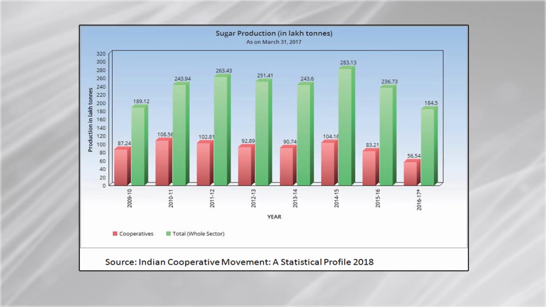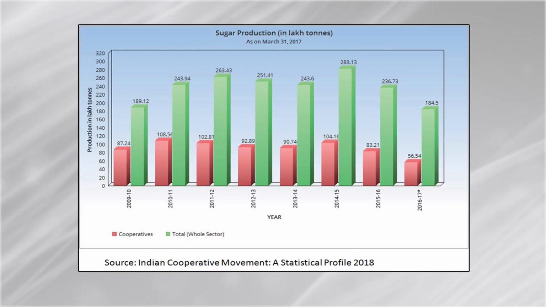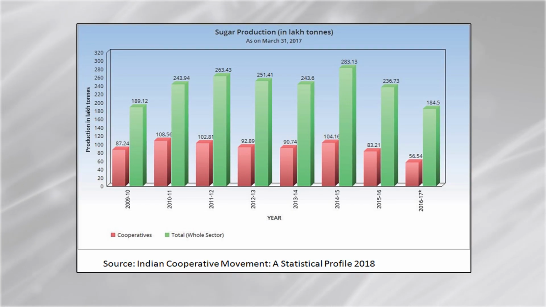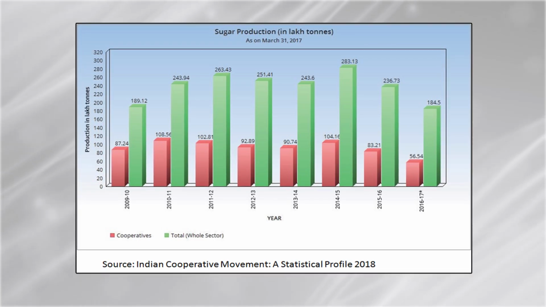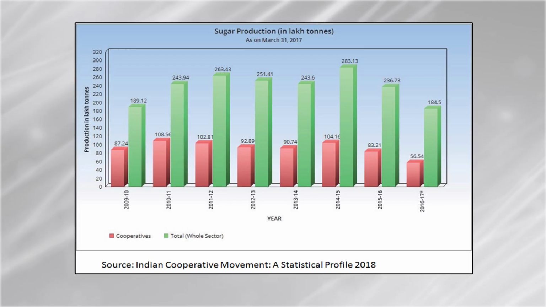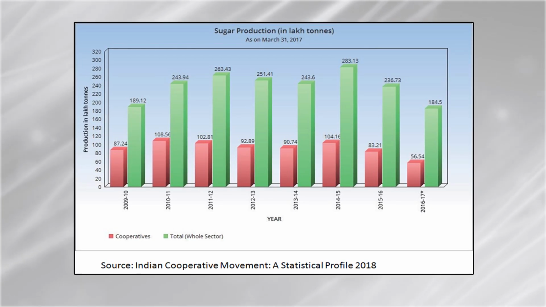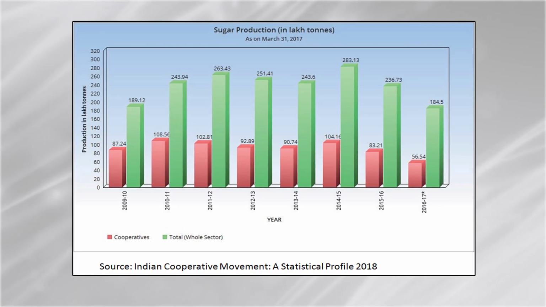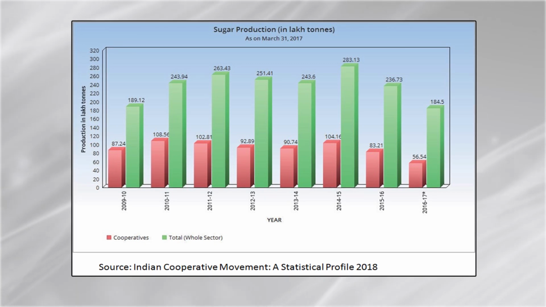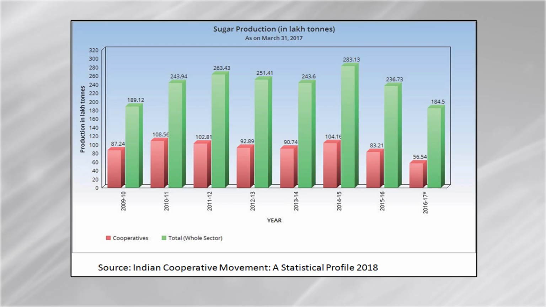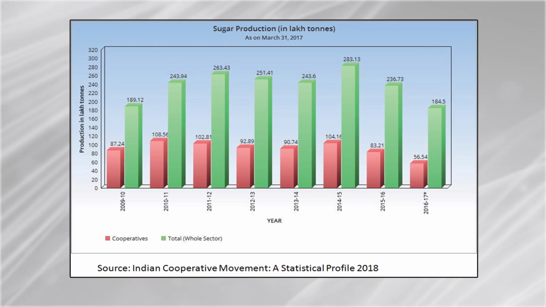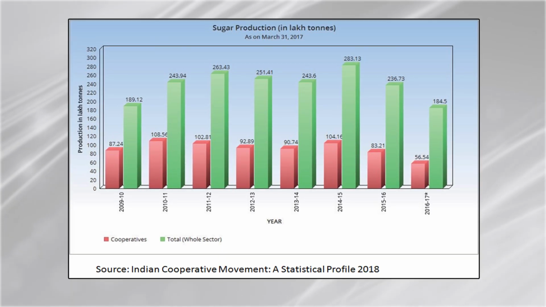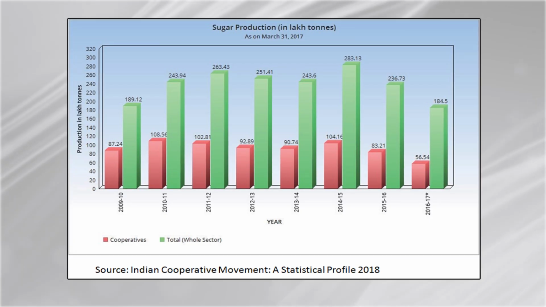Here in this slide we can see the sugar production in lakh tons, and the share of the cooperative societies in the production of sugar is decreasing over the period of time. You can see in the year 2009-10 the total production was 189, and out of that the cooperative sector was producing 87 lakh tons. Then the maximum sugar production was in the year 2014-15, and the maximum production was 283.13 lakh tons,